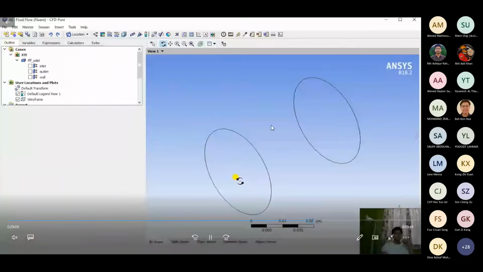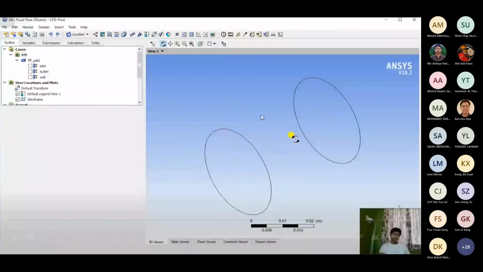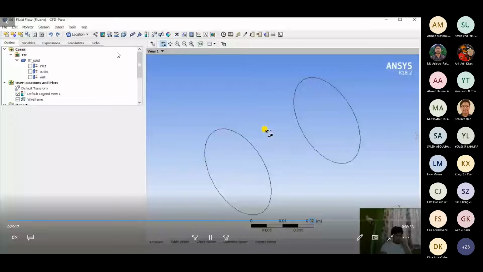Now we'll just see the basic idea of this tab, right? Here in the form of a wireframe, our domain is represented. So basically, these are the only two edges in our model, so due to that, it shows only these two edges for now. Now we will see how to add the contour. Before that, we would add a surface group which highlights our wall, right?